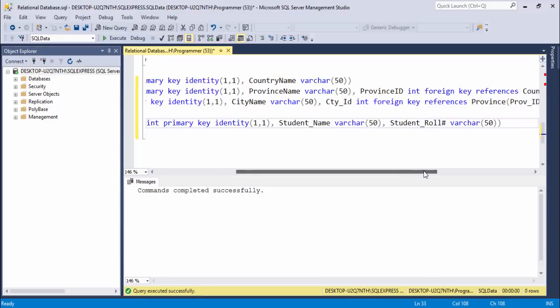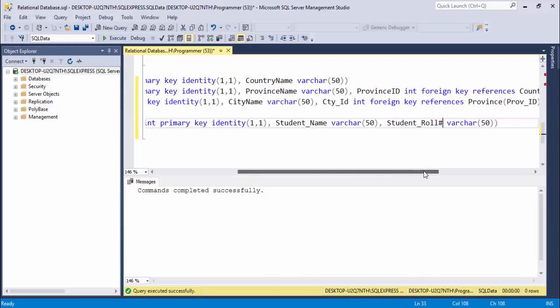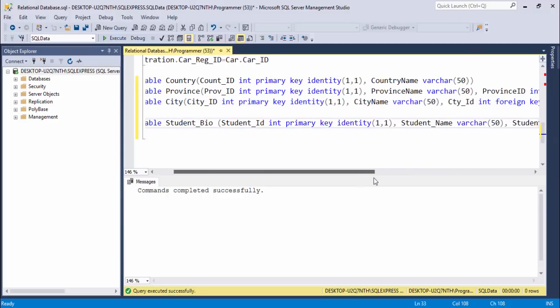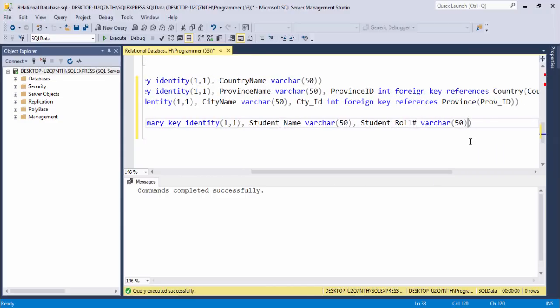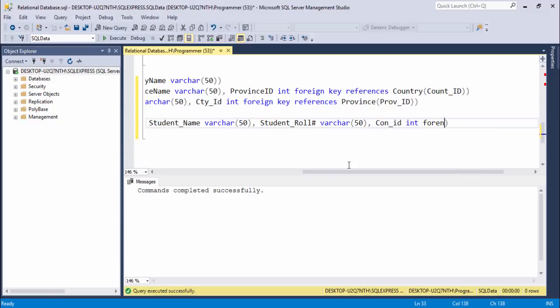I will tell you later why I connect each table to the student bio table. So first of all I write the column name, country, con ID, and foreign key references,